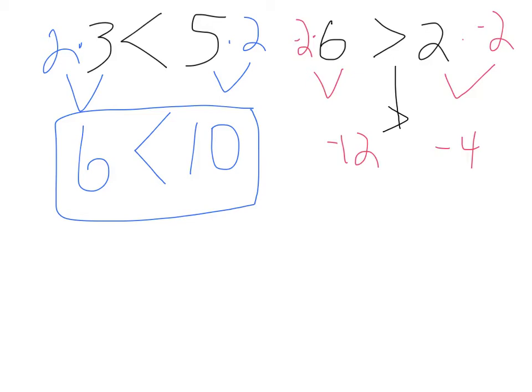No. Think about what you know about negatives. The further away the number is from 0, actually the lesser the value is. So negative 12 is less than negative 4. Negative 4 is actually greater than negative 12, isn't it? So that number actually turned